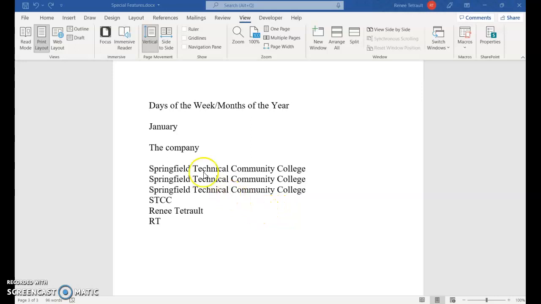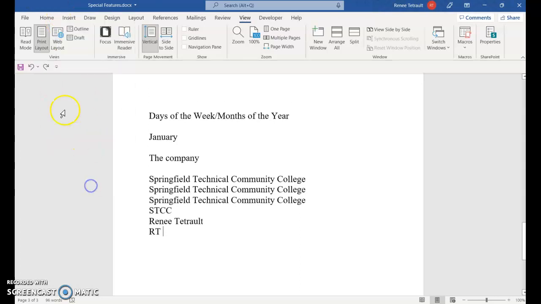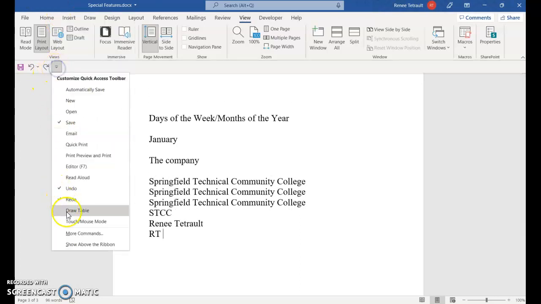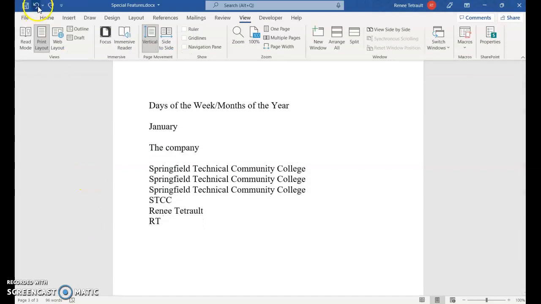The other thing I wanted to introduce is up at the top you have your save, your floppy save, Control S also, undo and redo. You can move it to below the ribbon if you click show below the ribbon. So it's up to you, and then you can move it back up. And then in the next video, I'll explain how to add to your quick